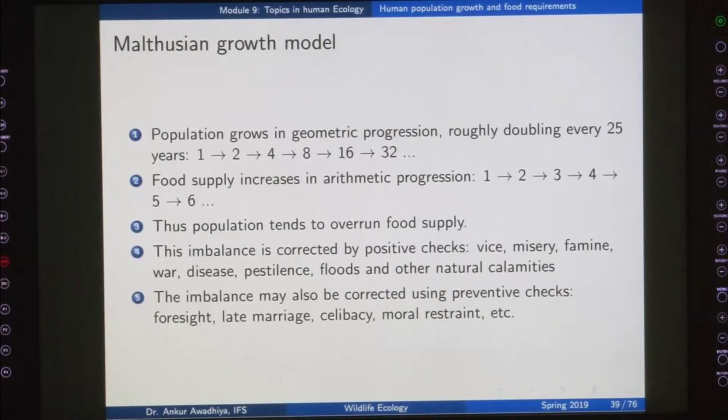Now, if you remember our talks on Darwinism, that also said a very similar thing, that every organism tends to overproduce, but the resources are limited, and so there is a struggle for existence. Now, in the struggle for existence there are some organisms that die out. So, when you have overpopulation,